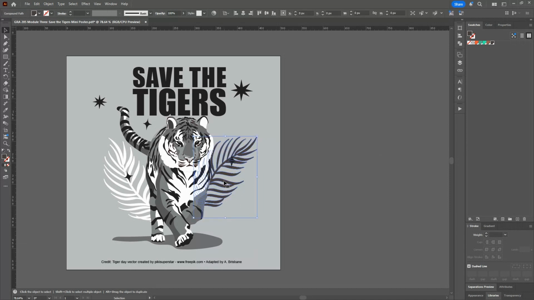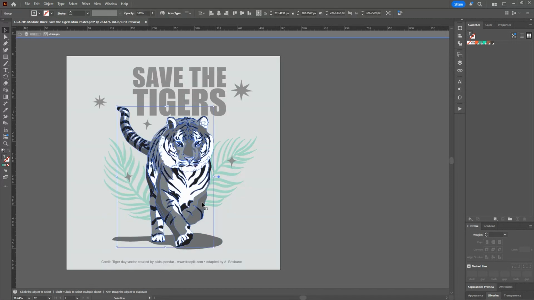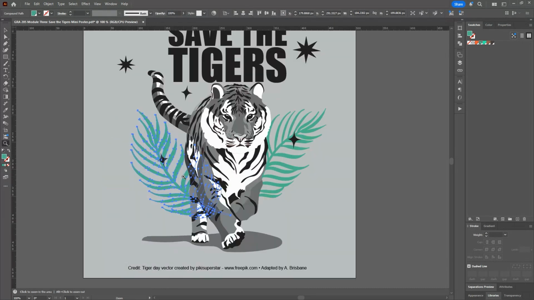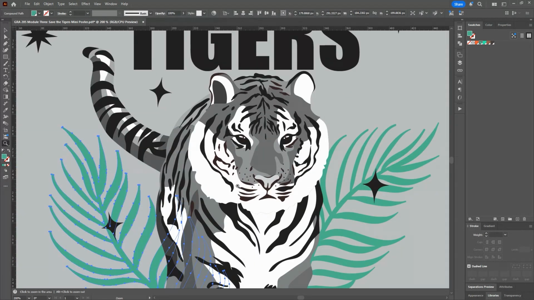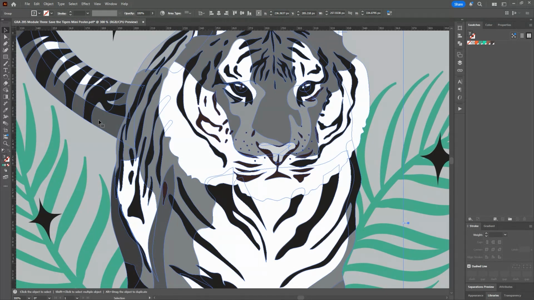Okay, so from here, it's just a matter of applying those colors. So I want these leaves to be this nice green color. Now selecting parts of the tiger can be a little challenging, and I recommend zooming in just so you're getting